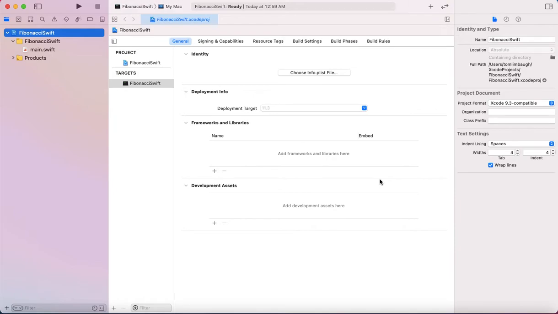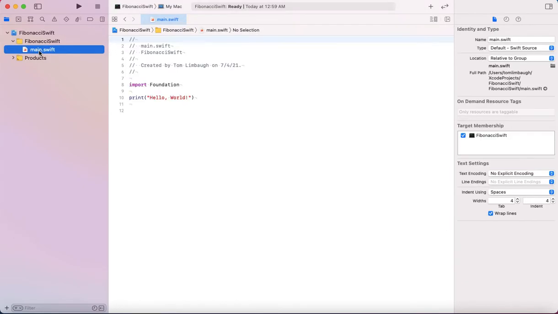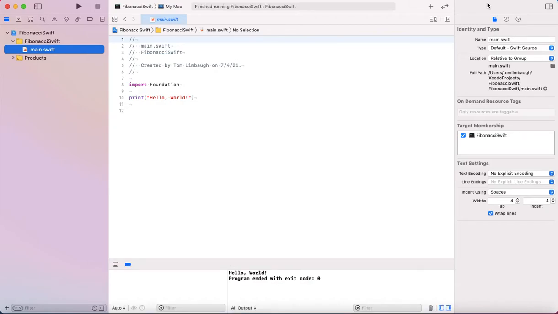When this opens up a new project in Xcode, it'll give us a main.swift file with a hello world message, and we can go ahead and build this. Make sure it builds and that we're starting from something clean and functioning, well, functioning but not very functional. So it'll take a second. Yeah, here we go. The project builds. We have our hello world message, but we're going to replace this code, and we're going to start by creating our